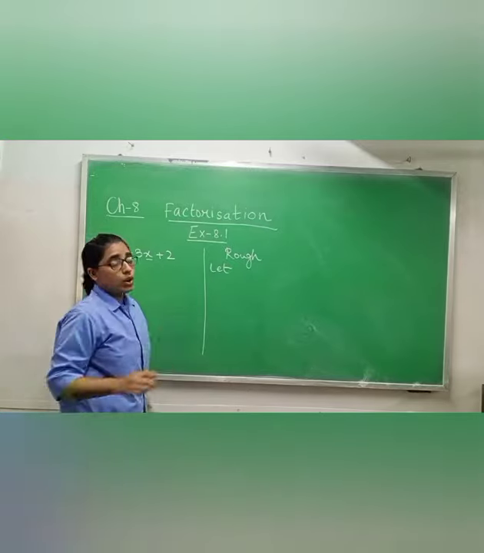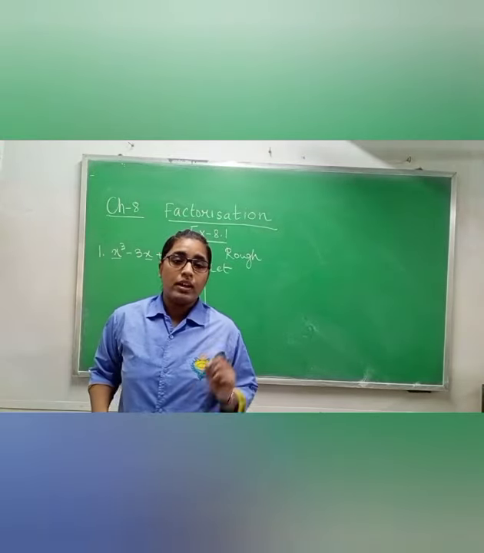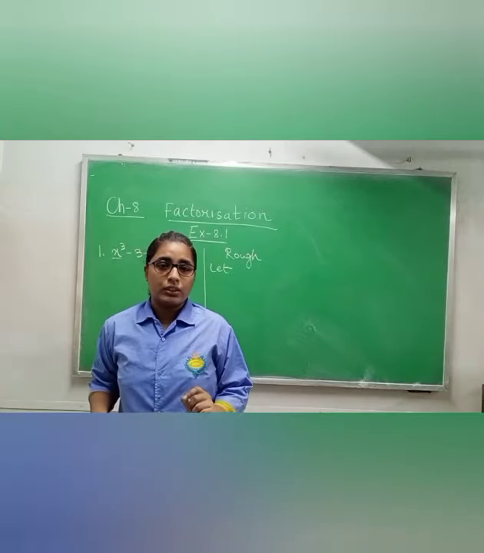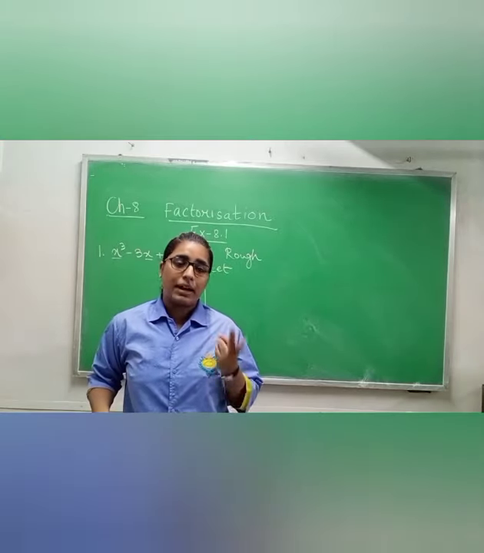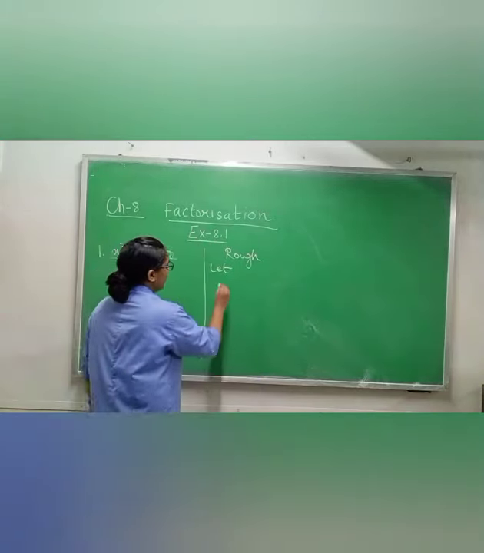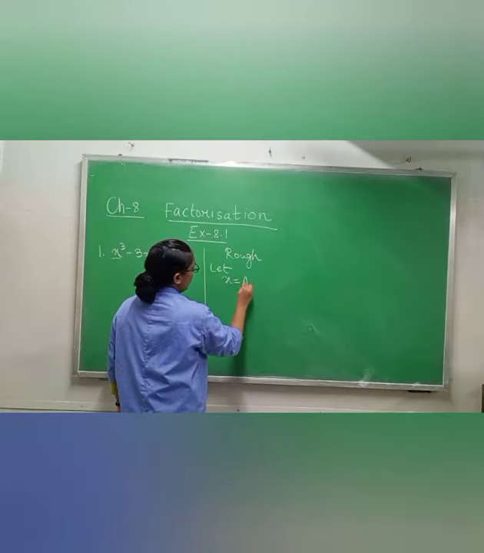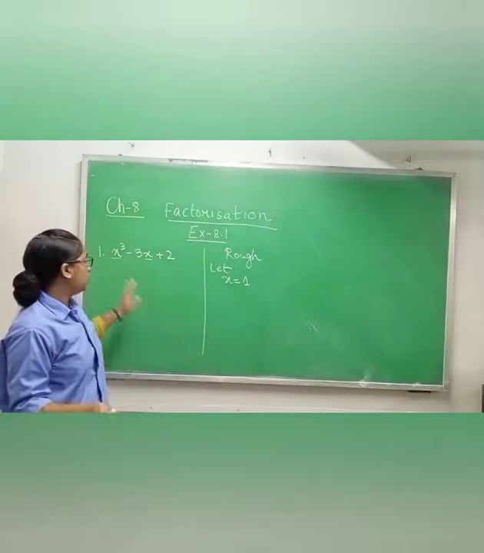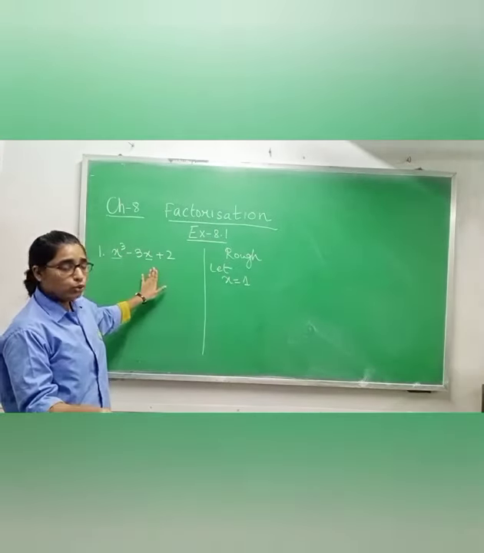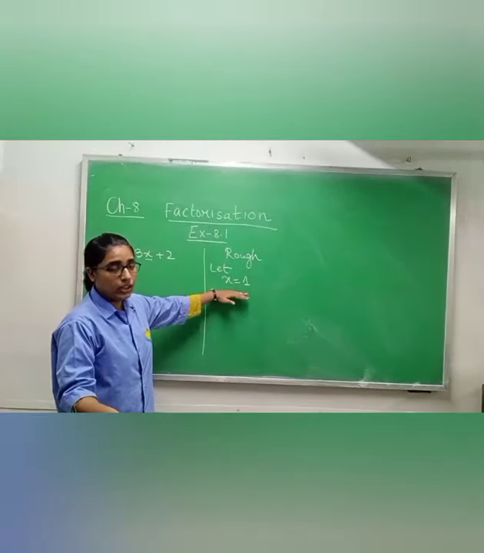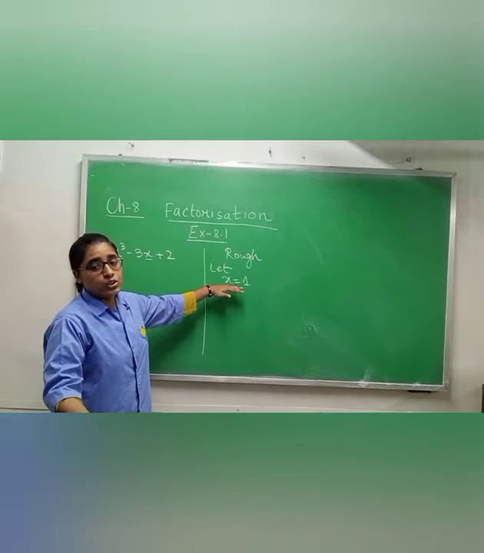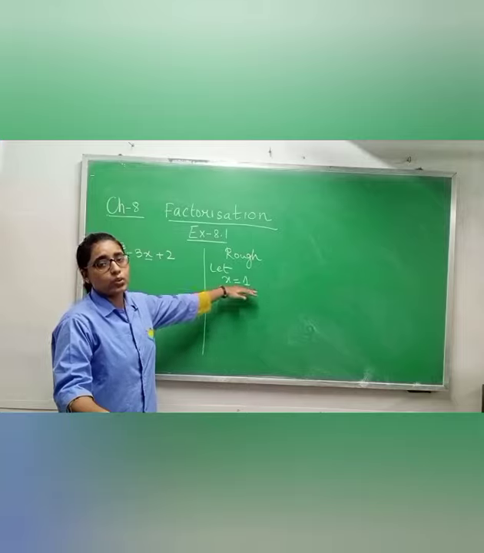You will always start from 1, meaning you will take x as either minus 1 or 1. First you will take 1 and minus 1. So I am taking, let x equals 1. In factorization, it is the rule that whatever question is given to you, first you will let the variable, which is x here, equal to 1.